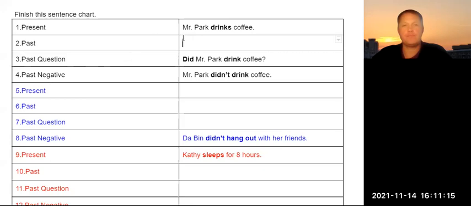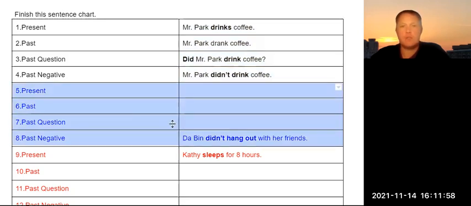Mr. Park drinks coffee. Put that in the past. Mr. Park drank coffee. Past question, did Mr. Park drink coffee? So here we need the helping verb, do in the past, did. So the past form is indicated here with the helping verb, but not here. So here we go back to the form drink. Past negative. So we change the order a little bit and we add not. Mr. Park didn't drink coffee. So using these as examples,